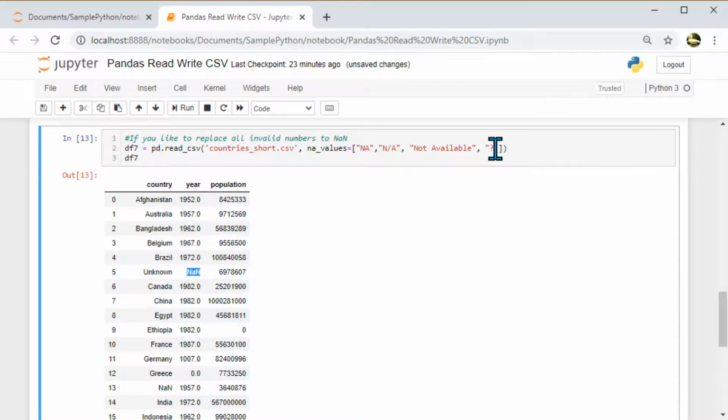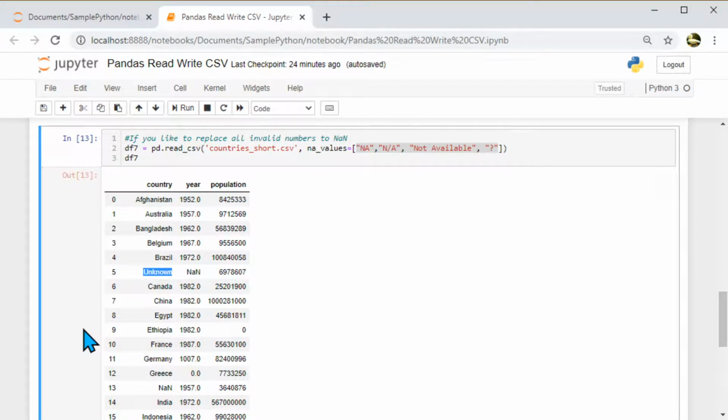That's because we have a question mark here, and whenever one of these 4 parameters is there, it would replace that with NaN, and unknown is not in the list. But this is not exactly what we need. It's going through all the values in the CSV file, and wherever it sees any of these, it's replacing them. But I want to do my validation at a column level.